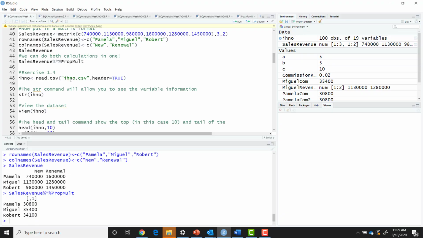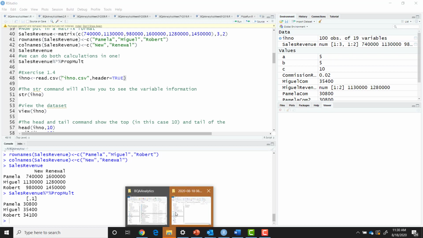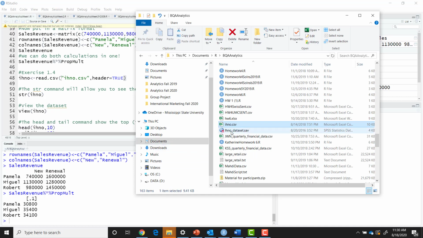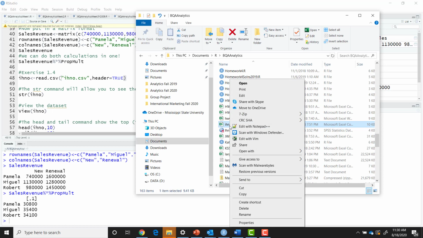Okay, so R is all about data. So let's go and deal with some data. I have a data file here called IHNO, and it has an extension .csv, and that just means comma separated variable. So if we were to open it in Windows with Notepad,